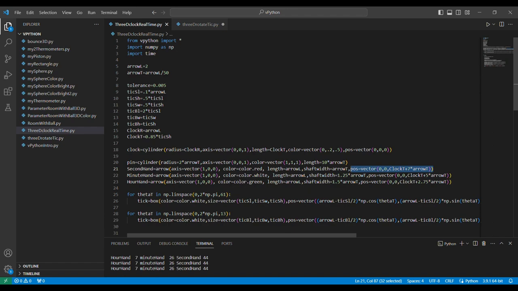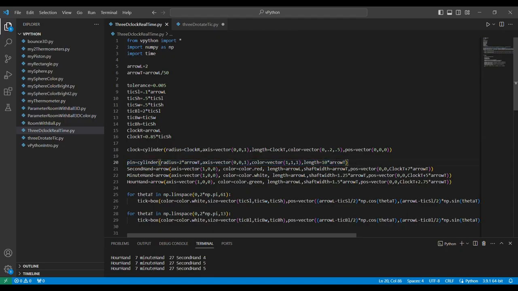I couldn't really move the minute hand, second hand, and hour hand where I needed them to be. If you were to actually 3D print this thing, we wouldn't want the hands to overlap. So we have a space for those. The pin makes it look a little more realistic. So we have a hub coming out of the center